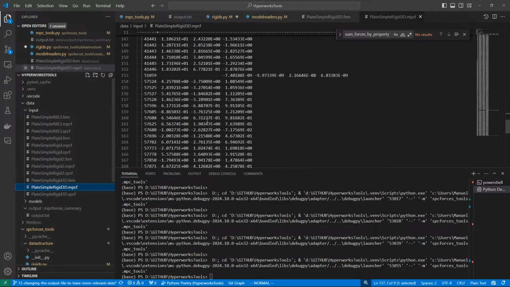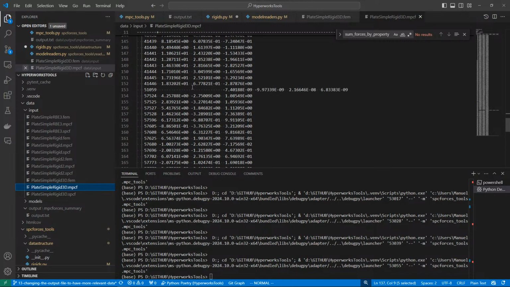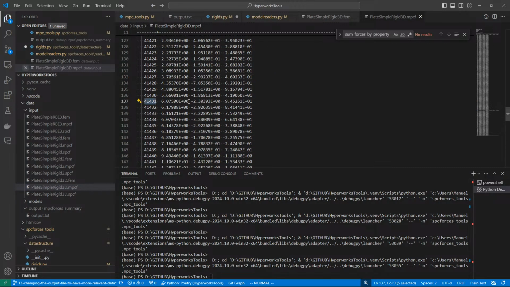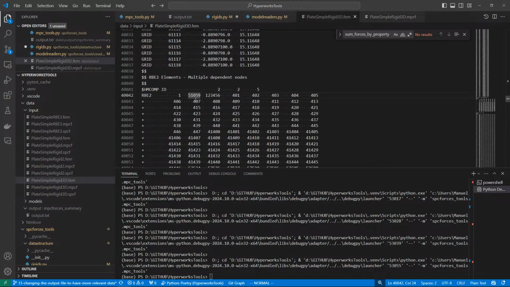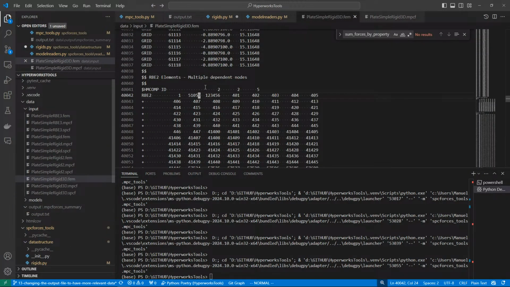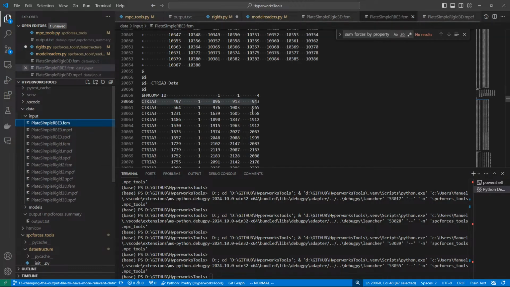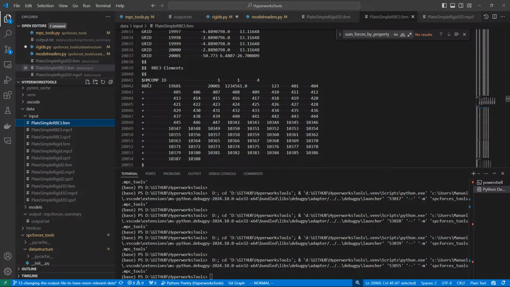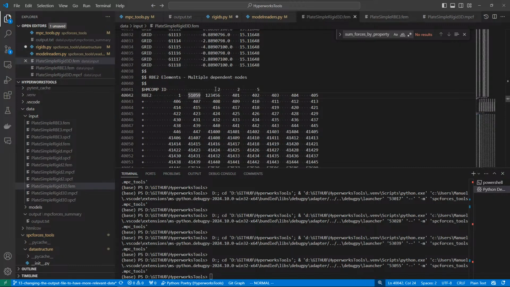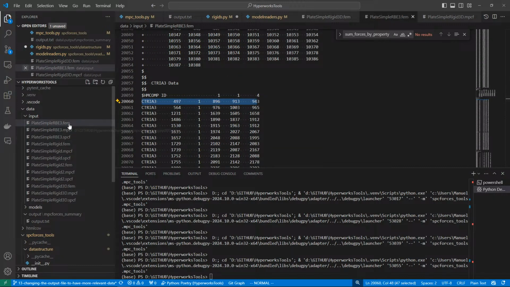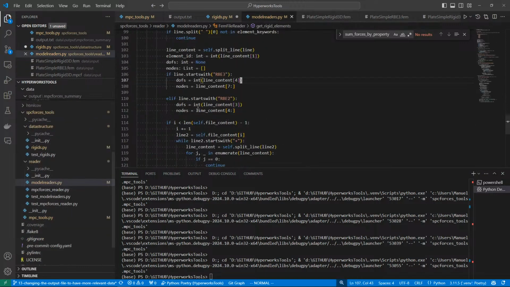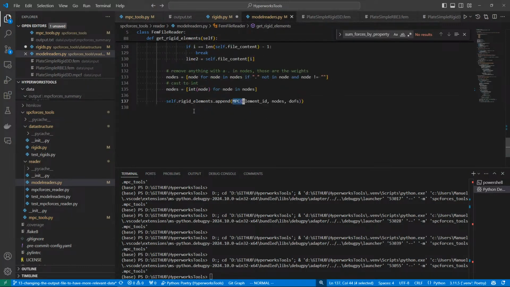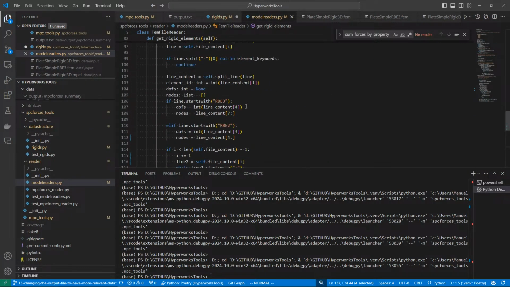Let's check in the MPC forces, because it's somewhere below there. This one, 51059. Is that correct? Yes. So 0, 1, 2. 2 is correct for RBE2. And let's check for RBE3 as well. 0, 1, 2, 3 for RBE3. Okay, that's easy to remember. Okay, now